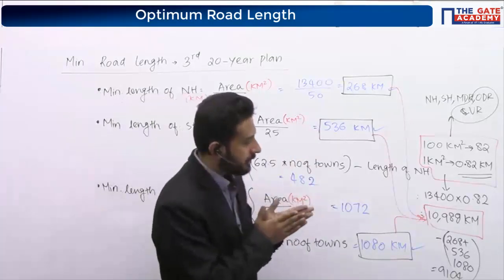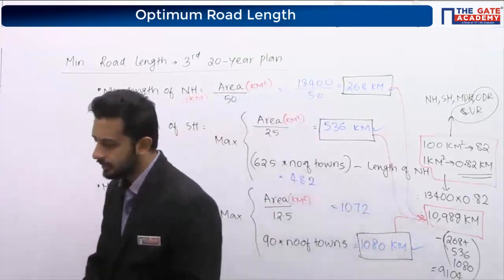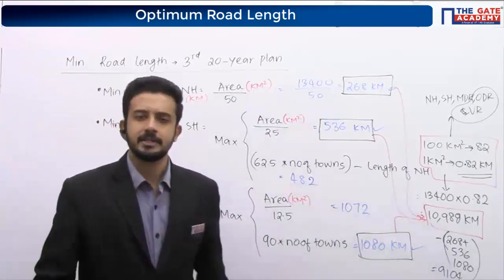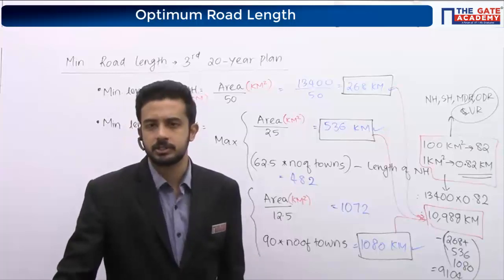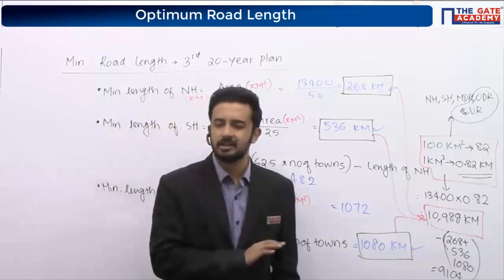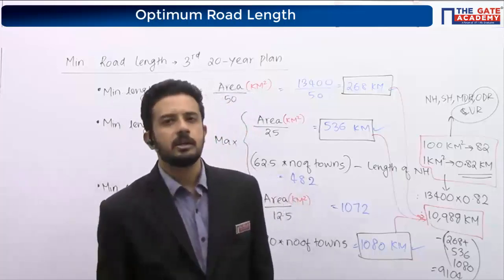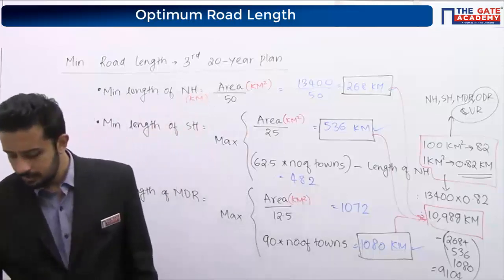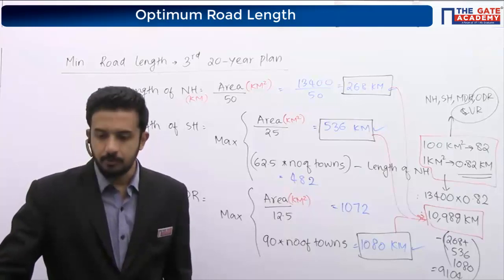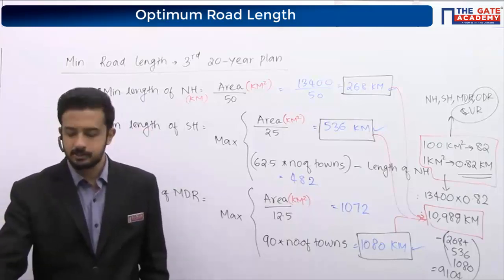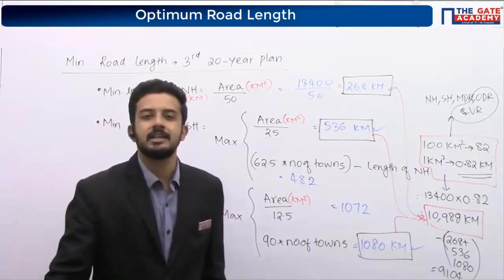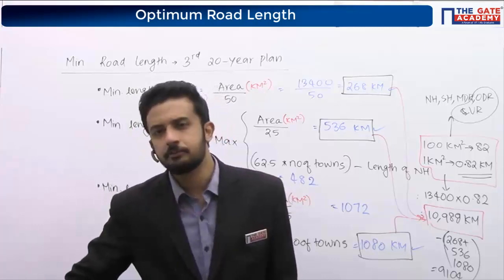So that's the concept of calculating the road length. This third 20-year plan, they may not ask you, but just for your knowledge I was giving it in case they want to make a tough question from this portion. The length equation as per the first 20-year plan and second 20-year plan, they will not ask. Pakka. If you want to know it, you can refer to the Khanna & Justo textbook and all. But referring to some textbook for knowing the concept is not recommended. It's not a good way to prepare for the GATE examination. We need things crisp and clear, na? Whatever we need for the GATE exam.